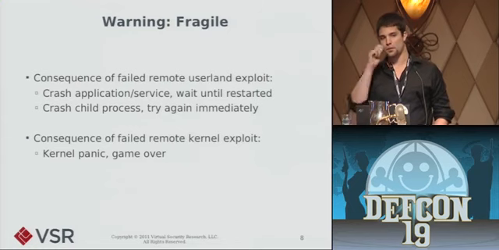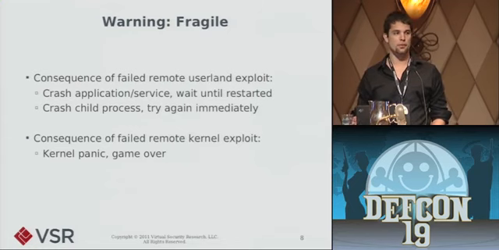If you're dealing with a remote userland exploit, for example, like a web server or an FTP server or something like that, frequently if you fail, if you're dealing with some sort of memory corruption vulnerability and you miscalculate some offsets or your exploit